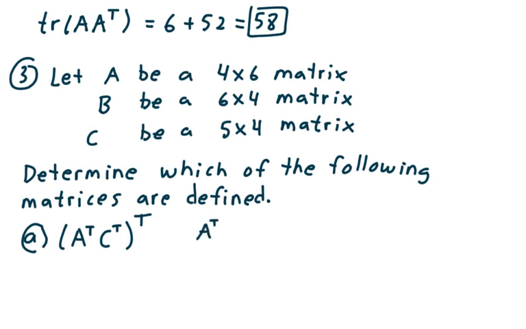A transpose is a 6x4 matrix. C transpose is a 4x5 matrix, right? Notice how the columns of A transpose match the rows of C transpose. So can we agree A transpose C transpose is defined